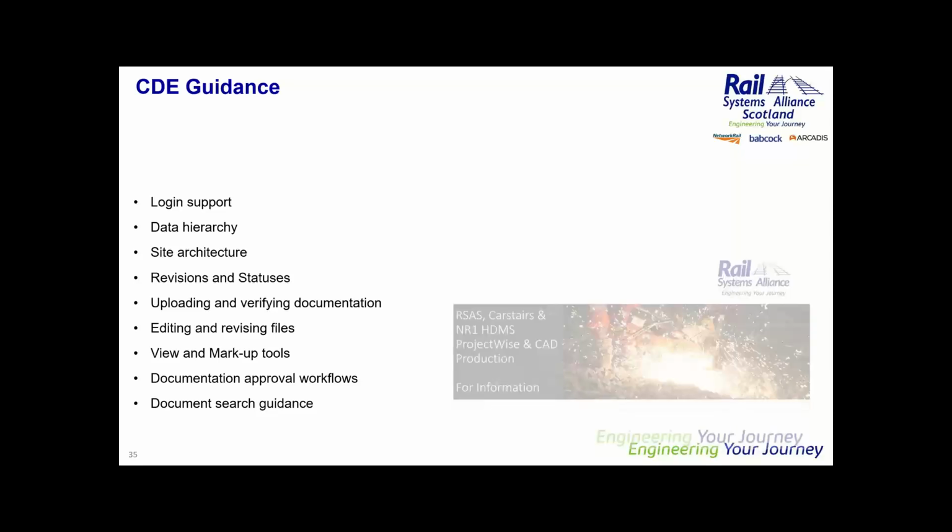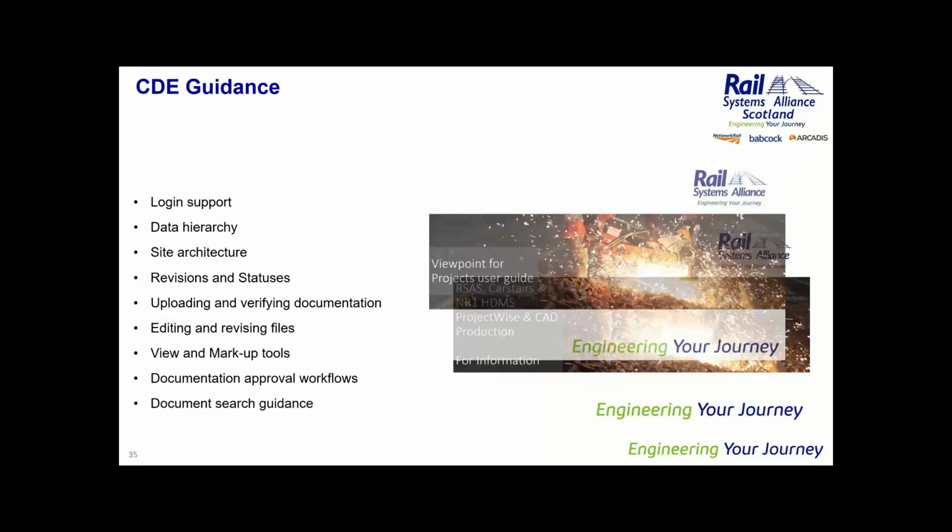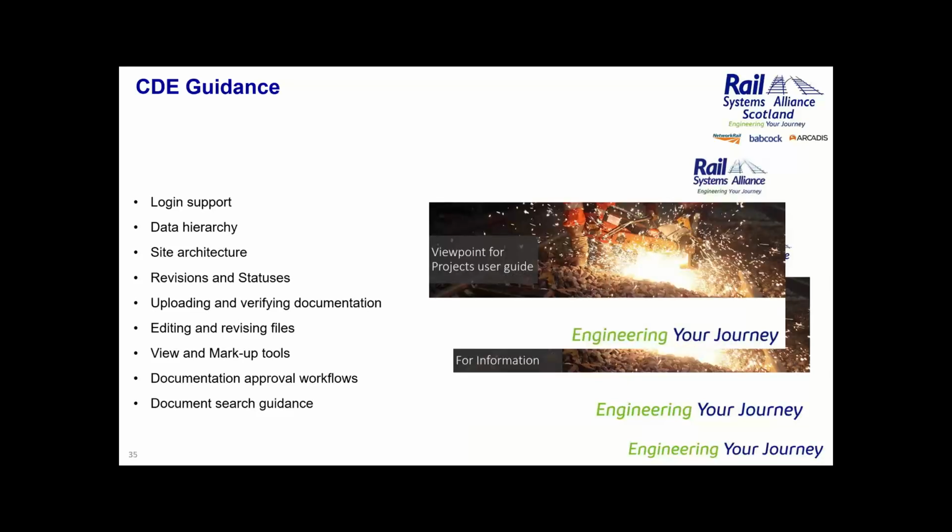But given that we have ProjectWise and we have Viewpoint, it obviously then meant two different documents. I was actually going to open one up and I forgot to open it, so I won't show you just now, but we have one document for ProjectWise and another for Viewpoint, which are quite extensive, very detailed documents, and they go through the step-by-step processes that we use within each of those. We didn't create any user guidance for EB, because, as you may well know, working on Network Rail projects using EB, Network Rail already have plenty of guidance for how to use their facility.